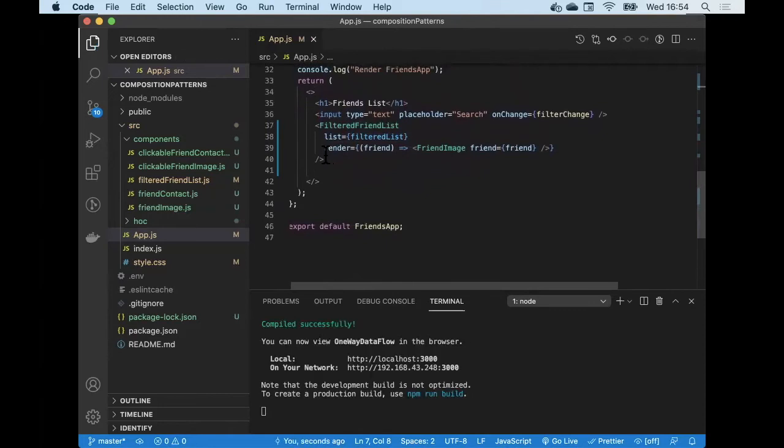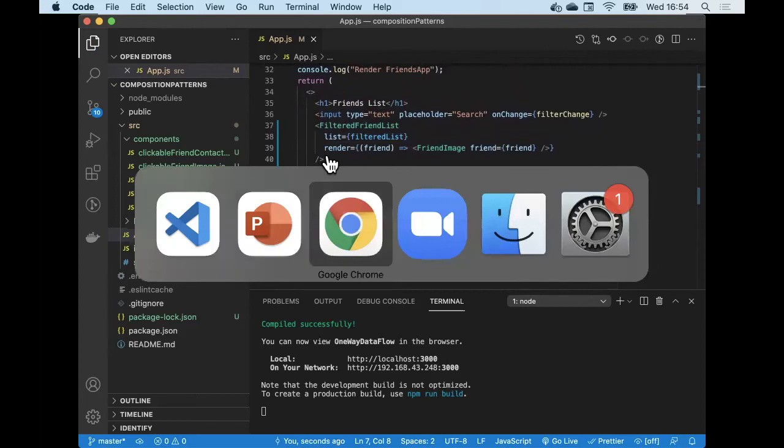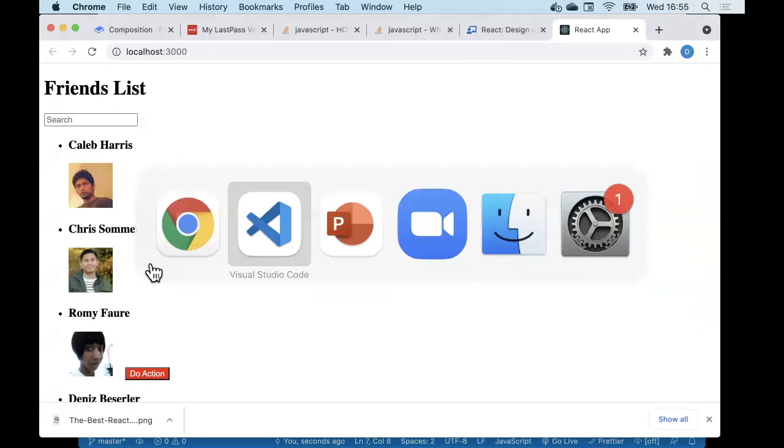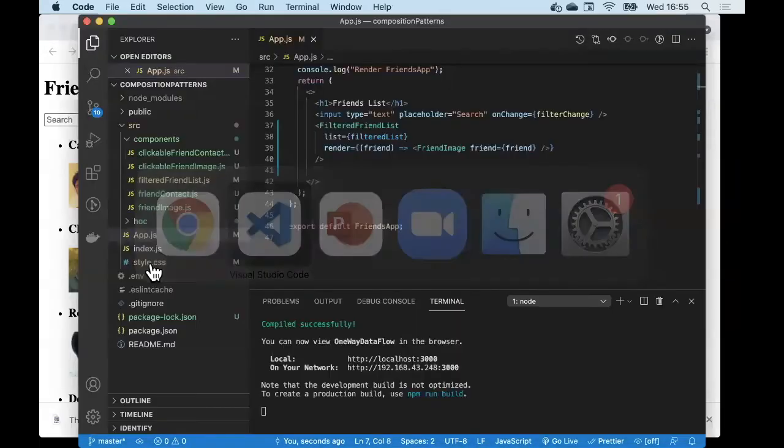Save that change. And now simply by clicking on friends, my button appears. If I click again, it disappears, and so on. That's illustration number one. And the second illustration,